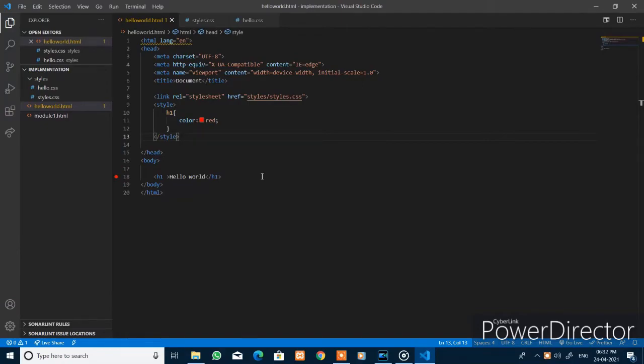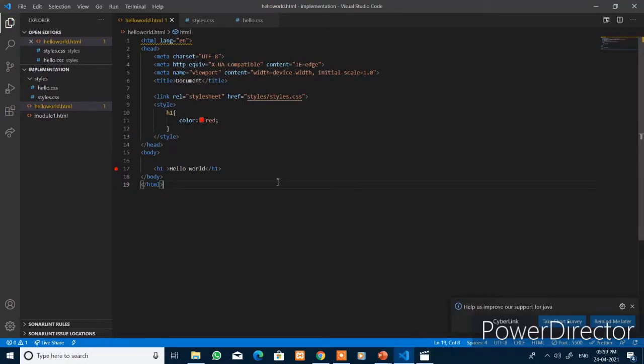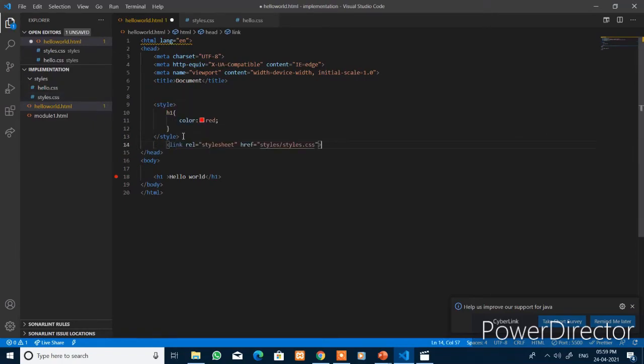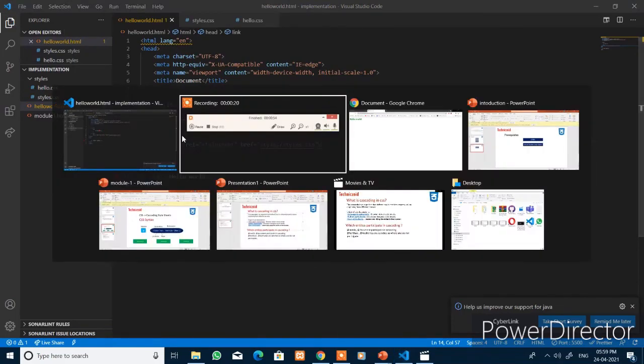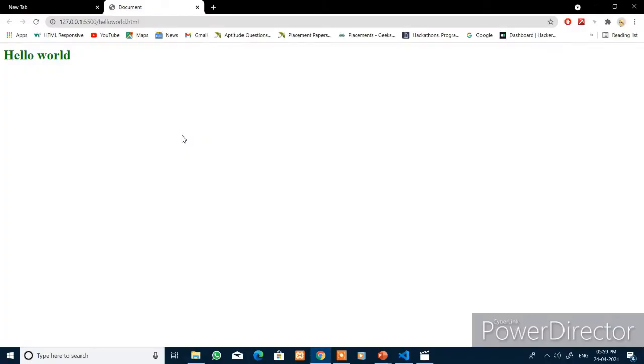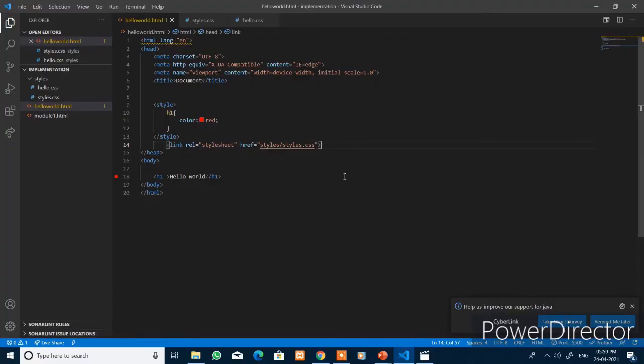One thing you should keep in mind: the browser loads the CSS file from top to bottom, and the positioning of the declaration will matter here. Here you observe that the internal CSS overrides the external CSS declaration. The text color will be red. So when you place that external CSS below this internal CSS, you observe the text color is green. So the ordering is very important here. It will override the styles.